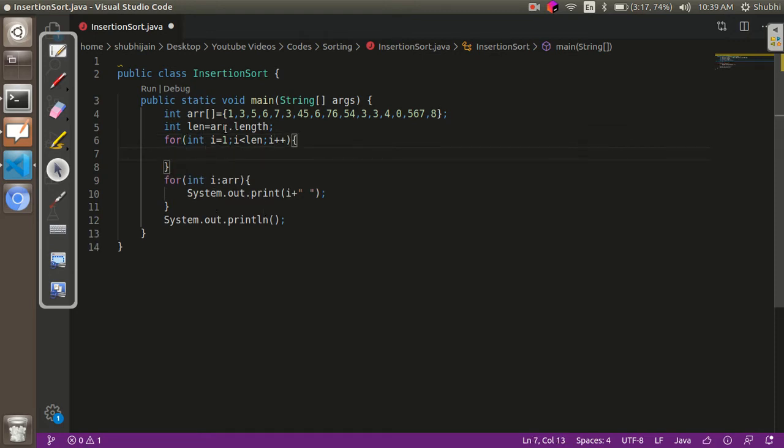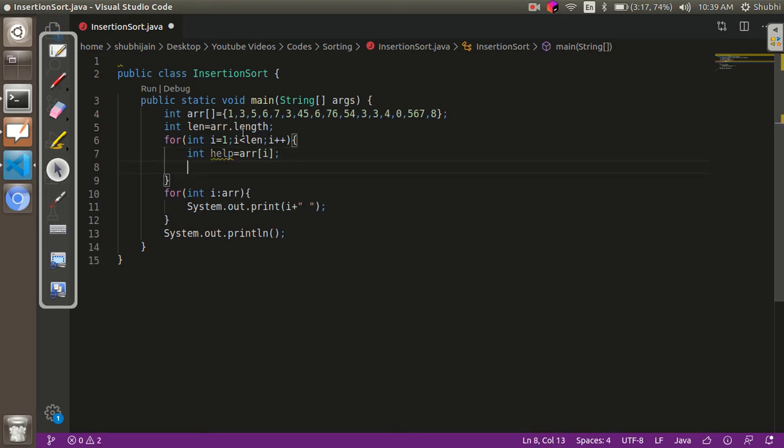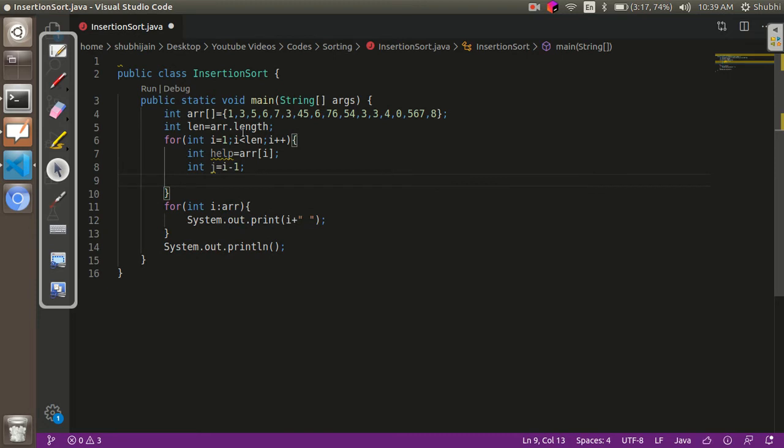So I will be the number which has to be placed in the first half of the array. Now I'll take a helping variable and over here I'll store the number that has to be placed in the first half.